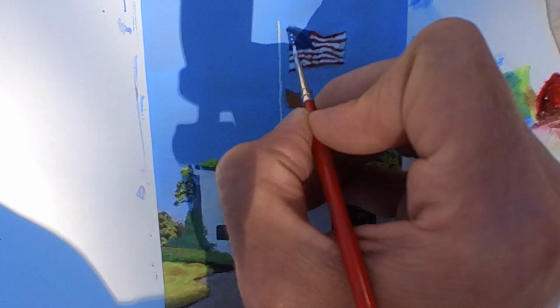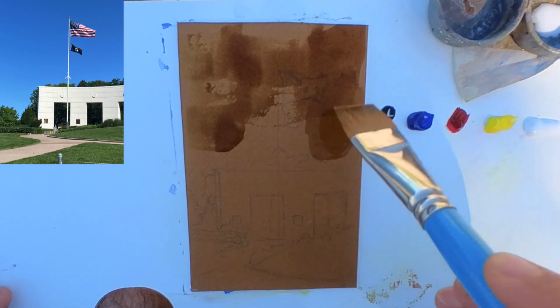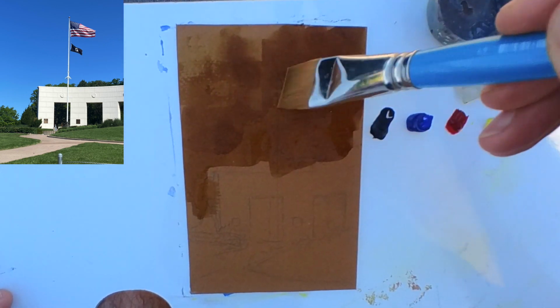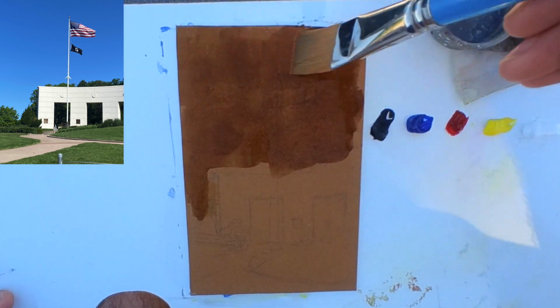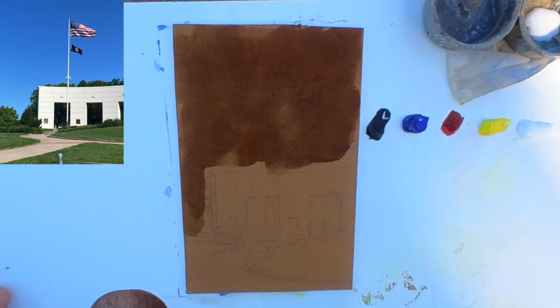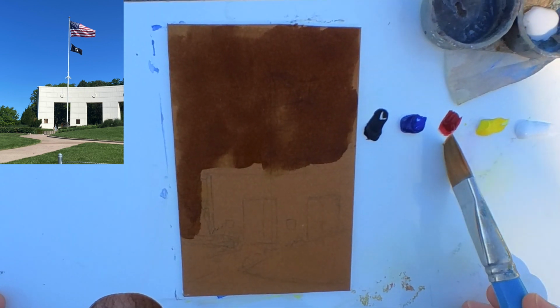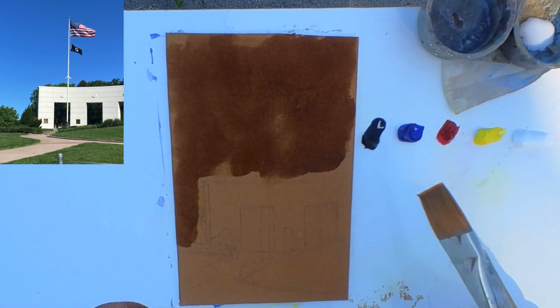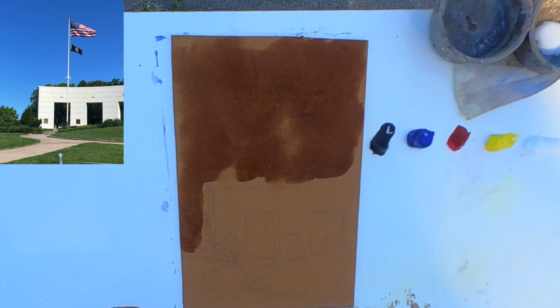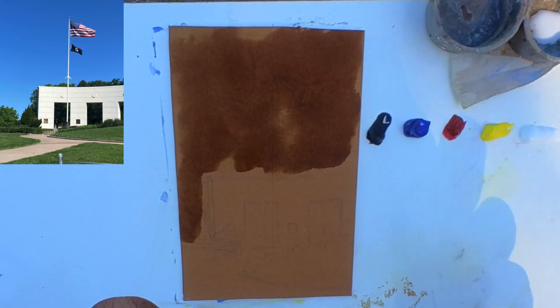The surface here, and I've got titanium white, lemon yellow, permanent alizarin crimson, ultramarine blue, ivory black, and a little bit of acrylic matte medium, because what I want to do, and I'm going to moisten my colors just a little bit,